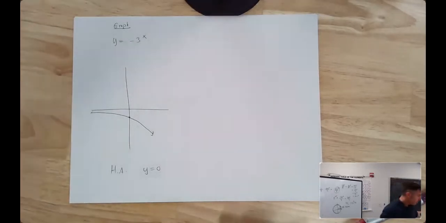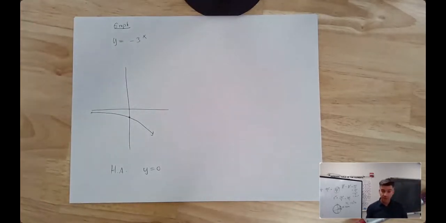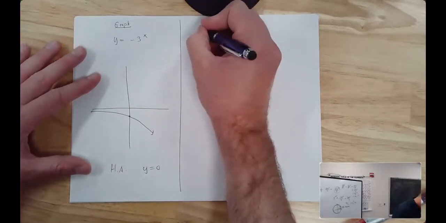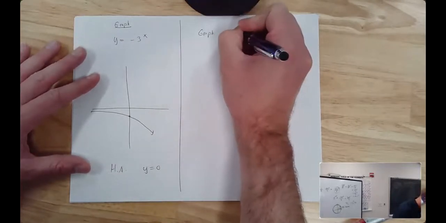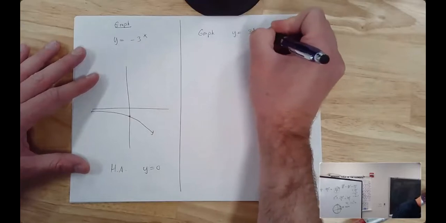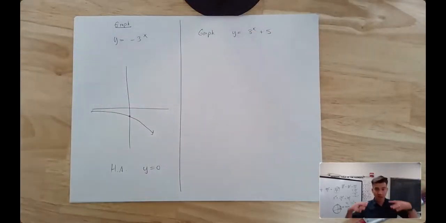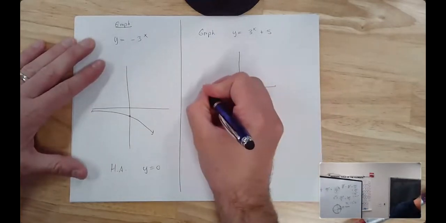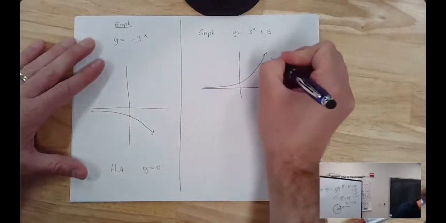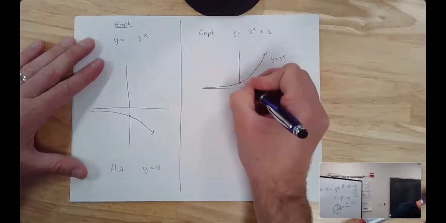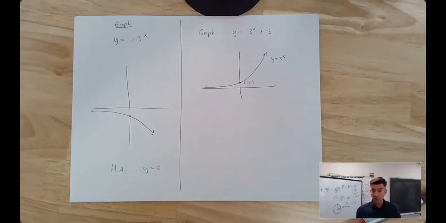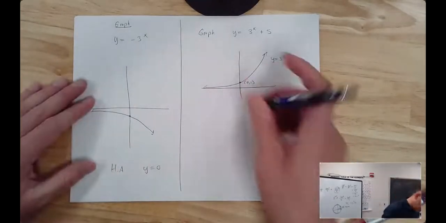And the way that's going to happen is if you shift the graph up or down. So an example, I want to graph y equals 3 to the x plus 5. So the entire graph is just going to move up 5. So instead of being your normal y equals 3 to the x with a y-intercept of 1 and a horizontal asymptote of 0, everything's going to increase by 5. So that's going to move